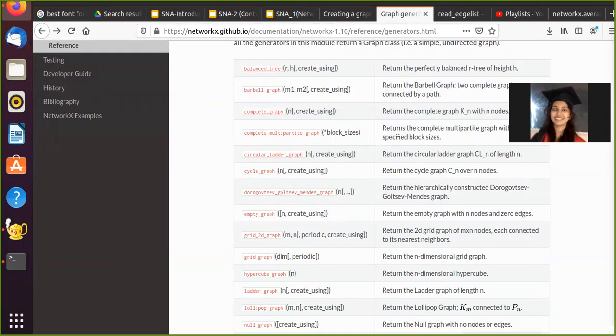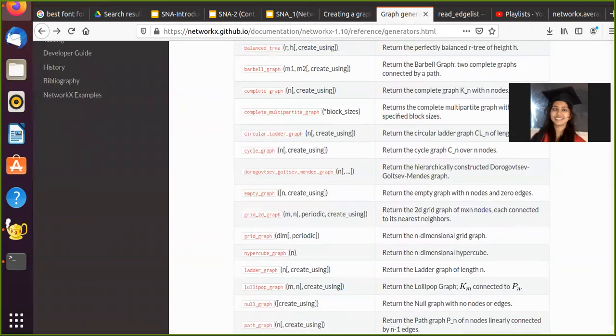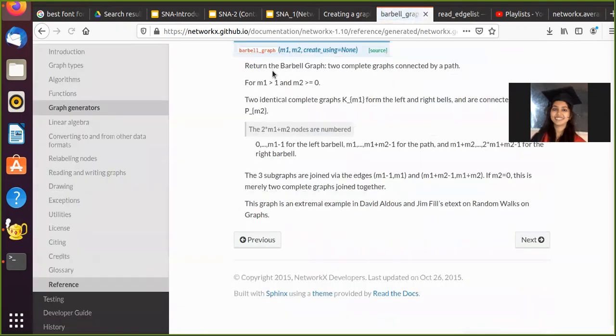If you have studied graph theory, there's this function here, balanced_tree, which returns a perfectly balanced r-ary tree of height h. Similarly, there are a lot of functions. This one makes a barbell graph. If you do not know what a barbell graph is, you can just click here and see it. This function takes as arguments m1 and m2.